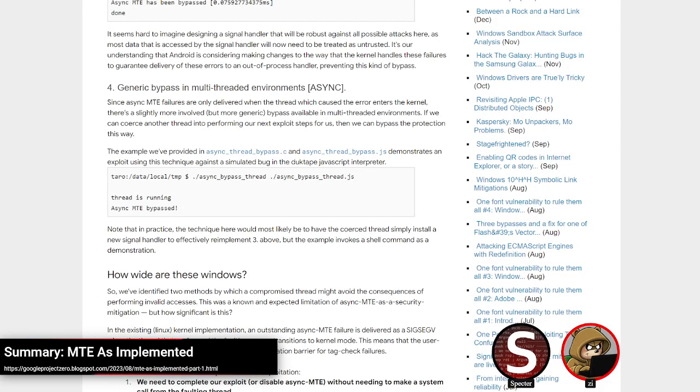And then the fourth one is they're calling just a generic bypass in multi-threaded environments. And I thought this one was kind of cool because basically the way that they'd bypass it is, the kernel is only going to flag your thread as having had one of these access errors, again when you're running in async mode, when it reads that flag to see, hey, it had this access error.